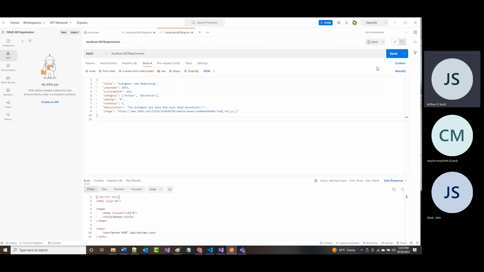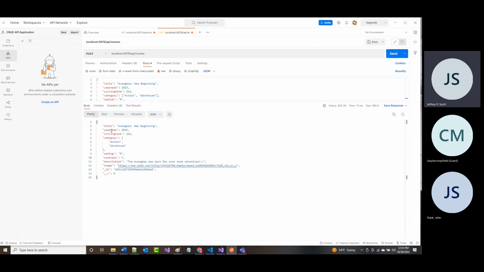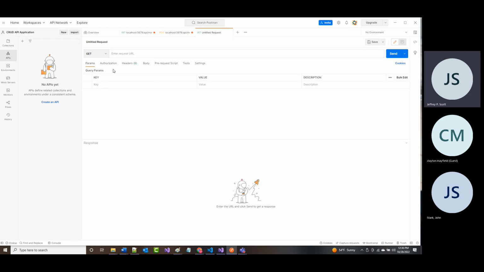All right, so here is everything. Send, and right there, there's my results. Avengers New Beginning, 2023, 222, etc. Now to test and make sure that it worked, I'm going to go back and create yet another thing in here. And I'm going to go back and do my get again with localhost: